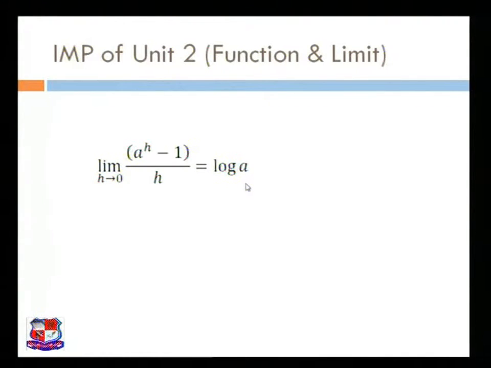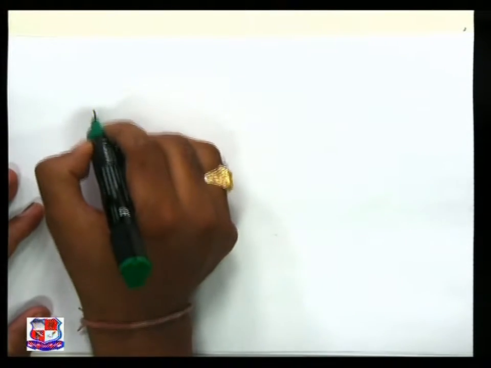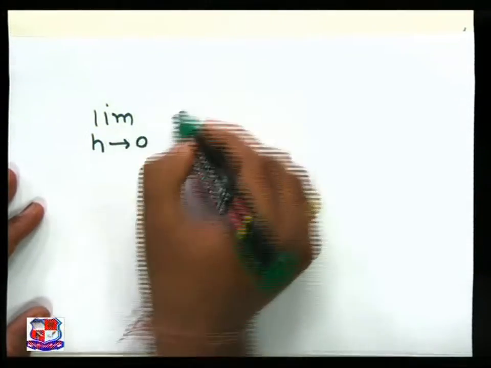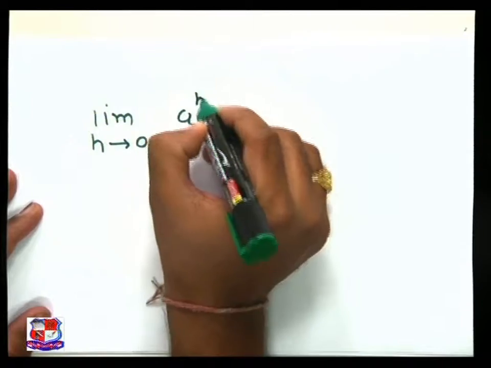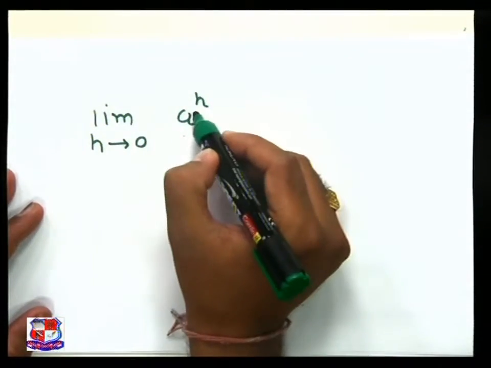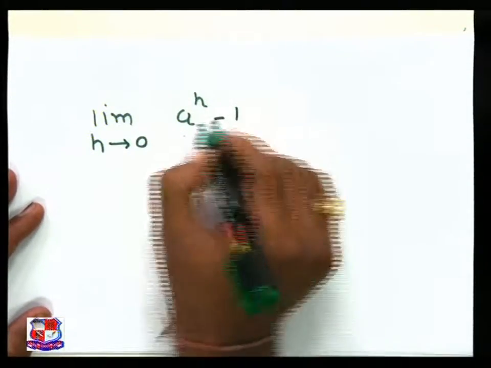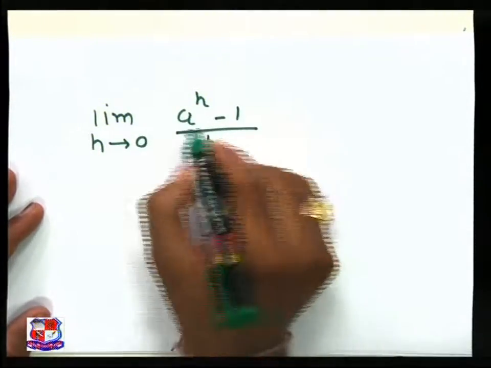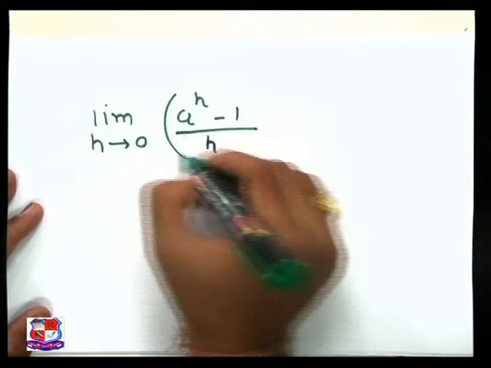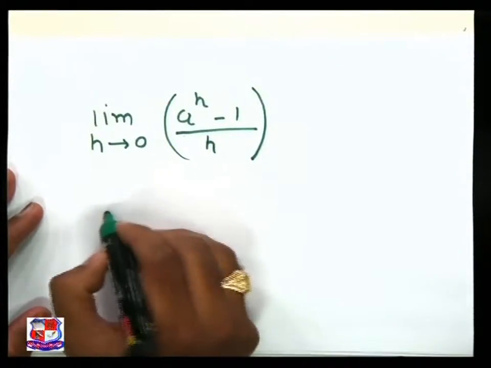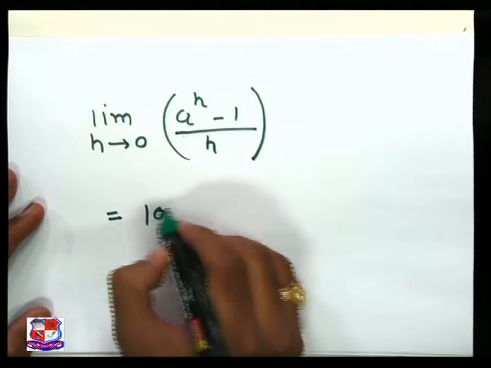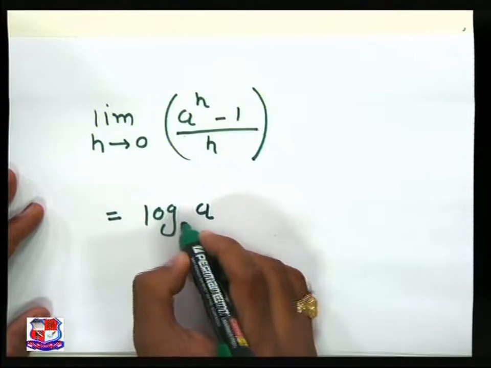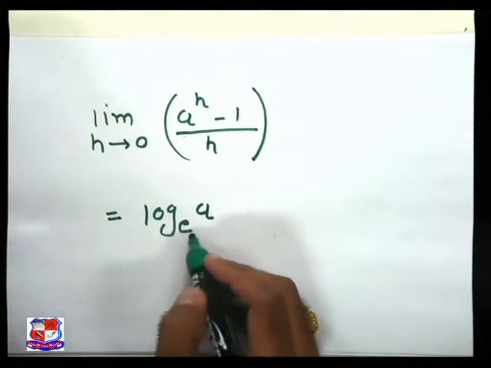So we write our formula first: limit h tends to 0, a raised to h, where a is a constant, minus 1 upon the same power, that is h, in the denominator, and the result is log of the constant a, and don't forget the base,